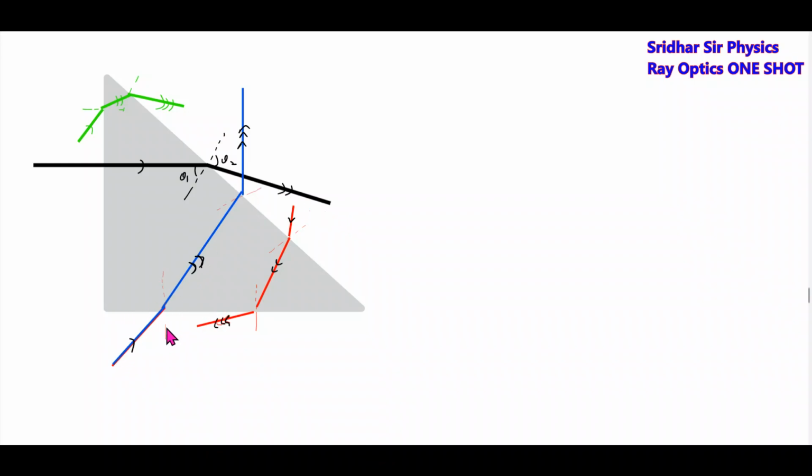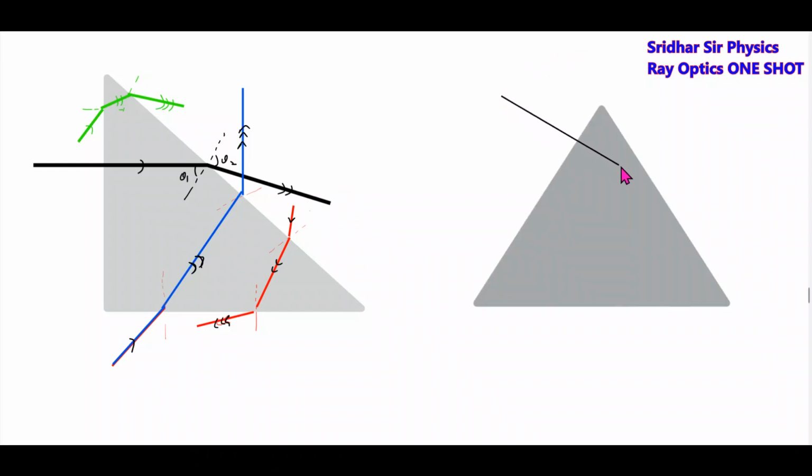If the ray enters at the base, it will undergo refraction, and again refraction. The general idea you have to develop is, if a ray is incident on the prism, how that refraction will take place. We can have a situation where the ray will be incident normally on one of the faces,